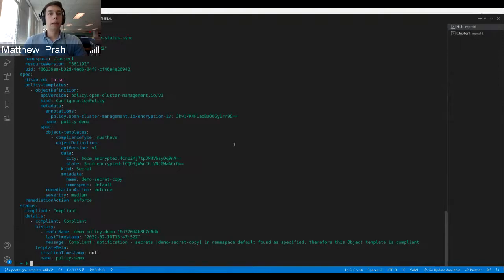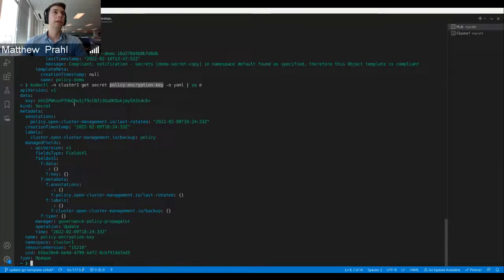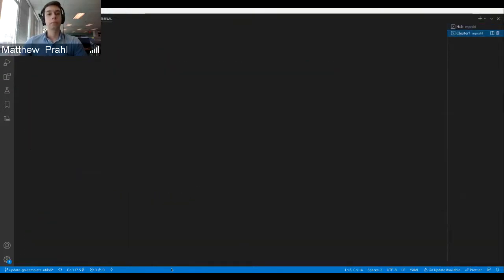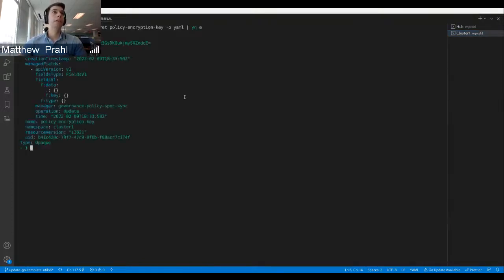So then, how this is actually happening, as I told you, we're using an encryption key. This is stored as a secret in the managed cluster namespace. And so this secret is called policy encryption key, and then it's stored as the key field here. So now moving over to the managed cluster,